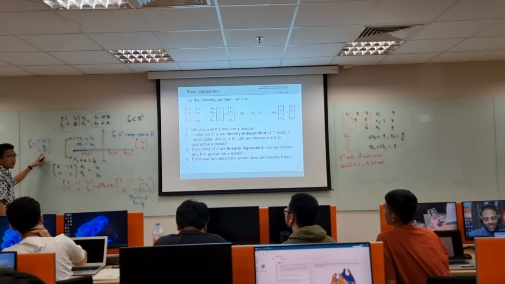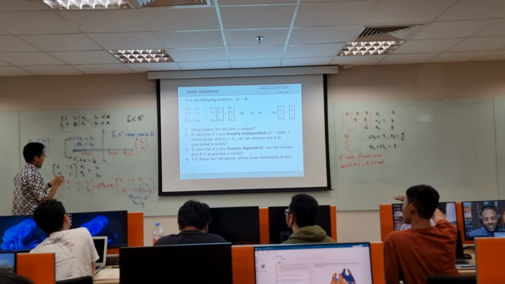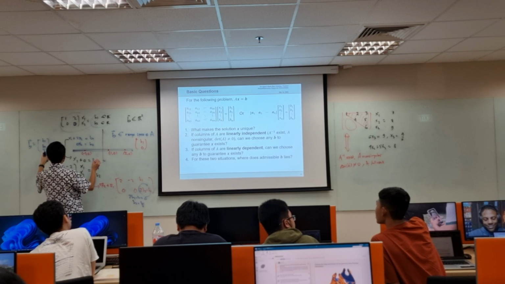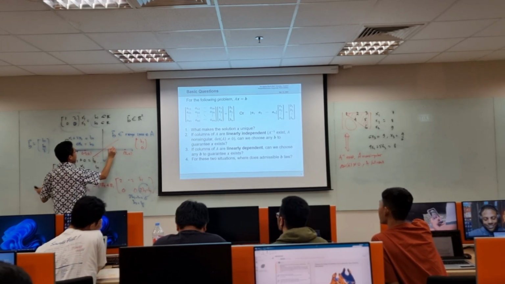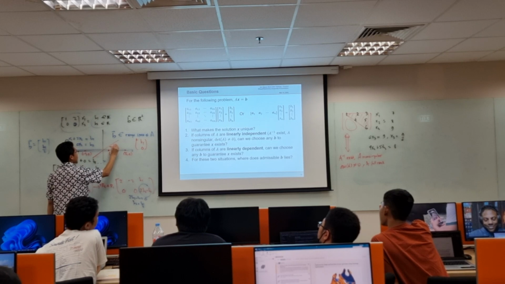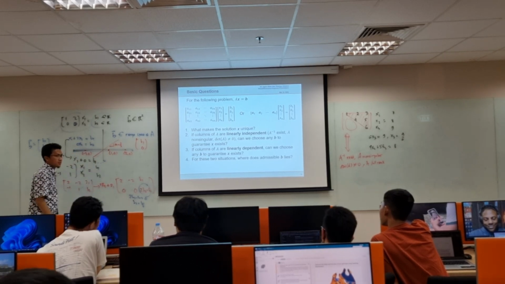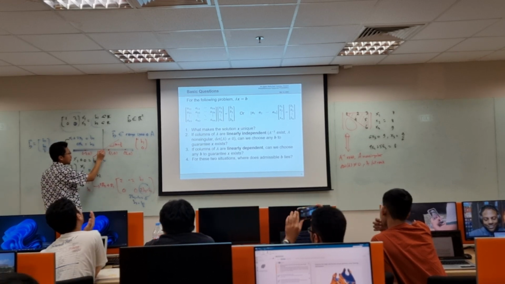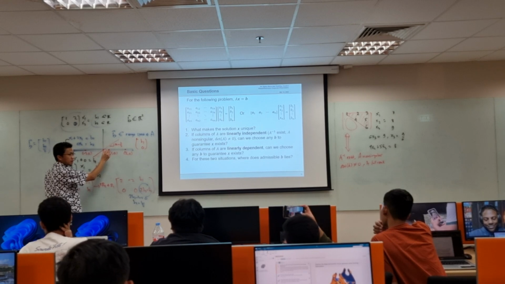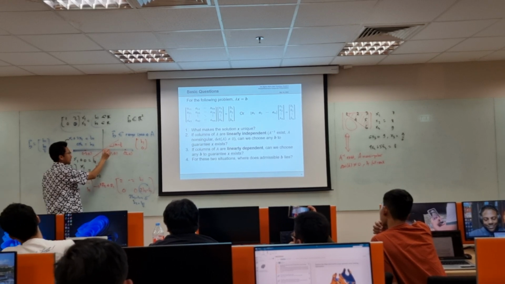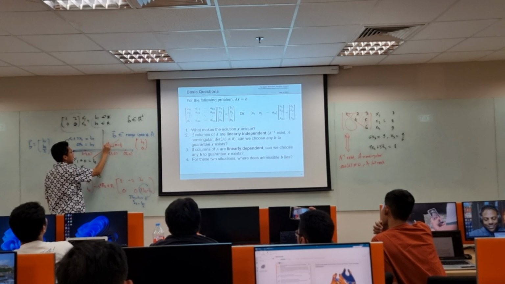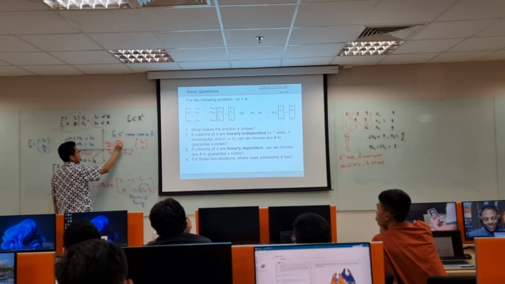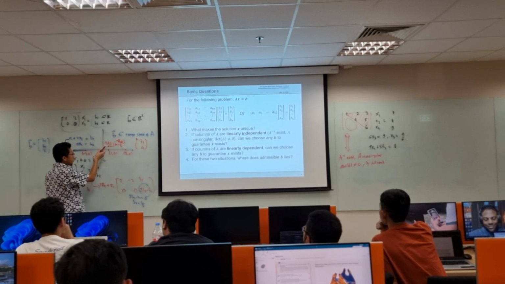Where does this lie? It's this line where the slope is half. If b1 is 0, then b2 is 0 also, right? If b1 is 1, what is b2? Half. So you have here 1 comma half. What if b1 is 4? 2. Yes, 4 comma 2, right? So you get this line,